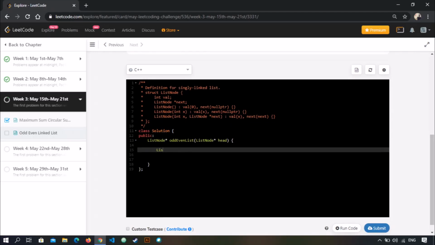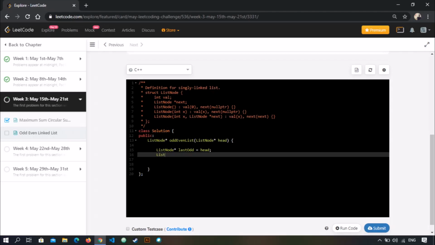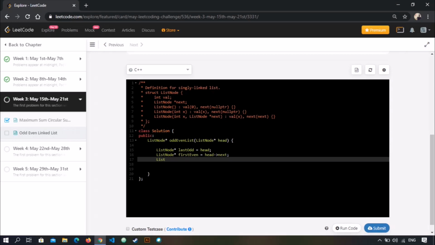We just initialize those pointers. Last odd will point to head initially, and first even will point to head's next, and last even will point to just first even.